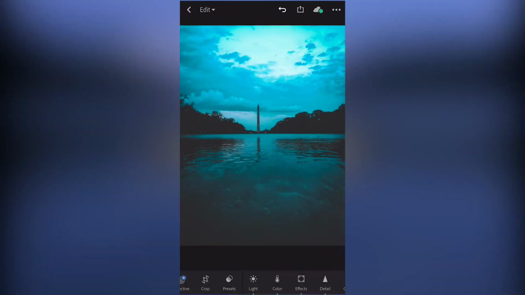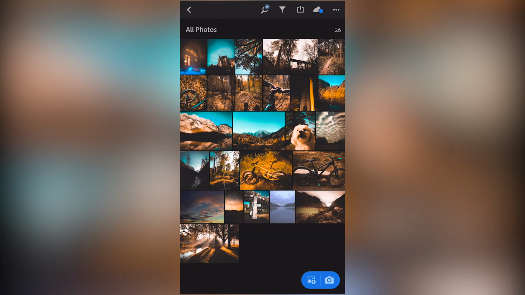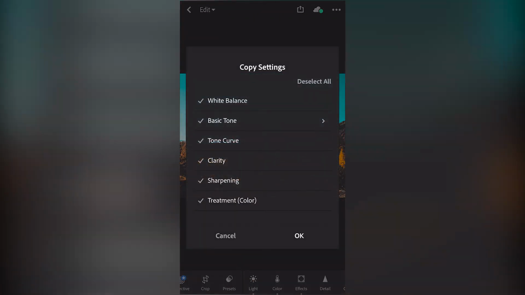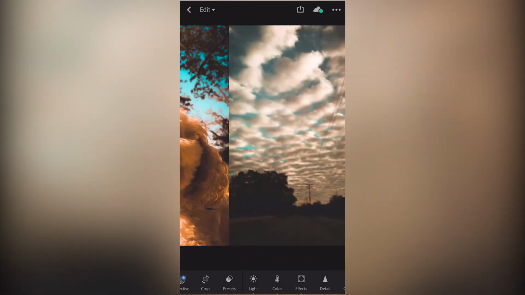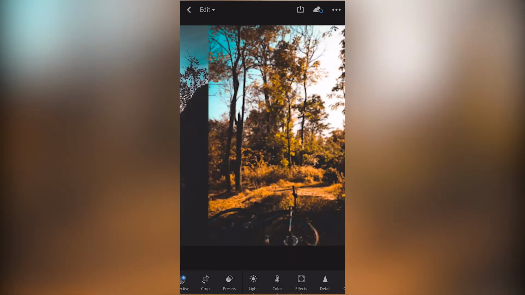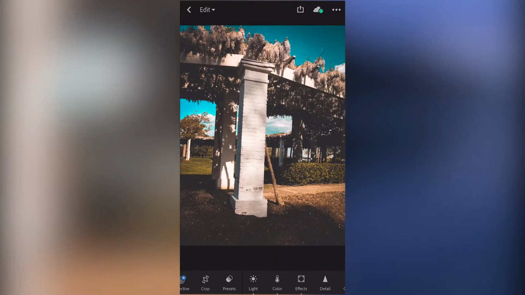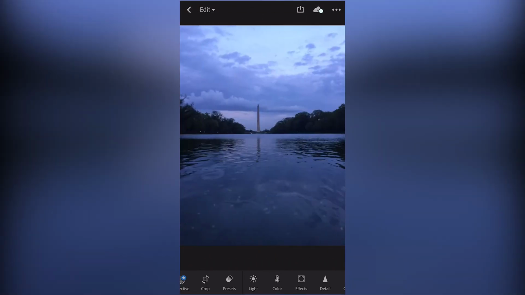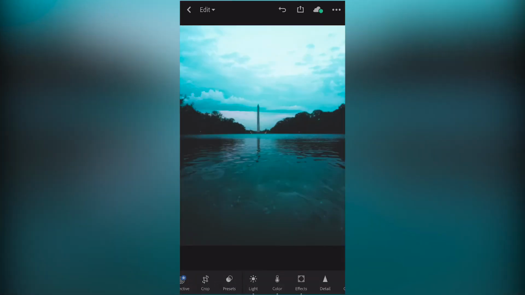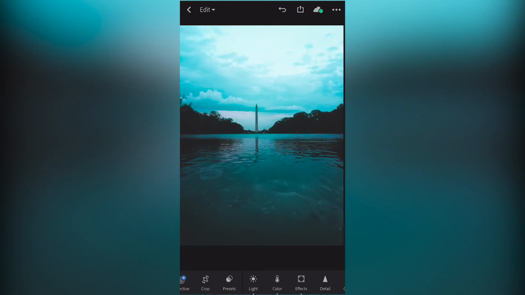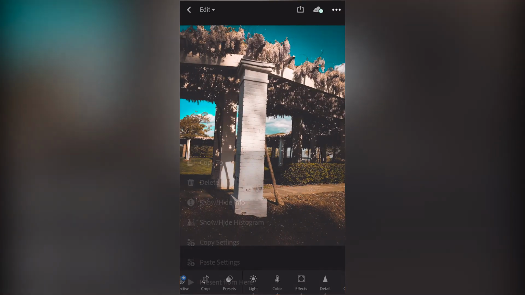This one's a little blown out with the teal, so I'm going to go ahead and undo that, and then I'll copy my real orange and teal settings by going down to copy settings, OK, and then let's find that photo, here it is, and then I can come up here and hit paste settings. Again, it's still a little blown out, but that's because there's no orange in this photo. Here, on the other hand, I can paste my settings